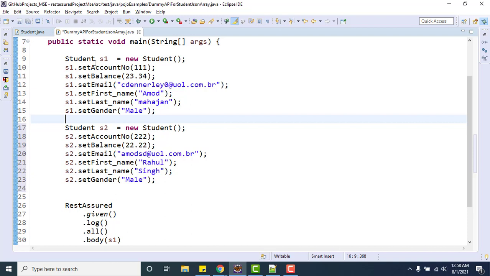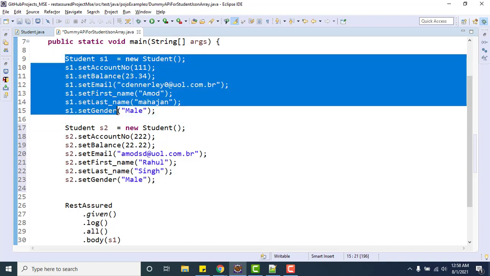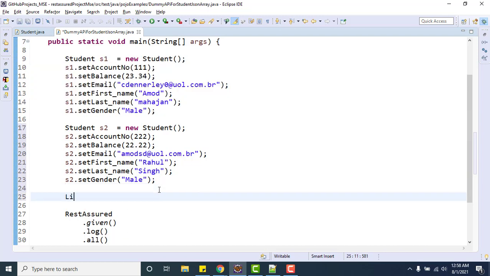Now I need to pass these two objects as a JSON array. So what I need to do here is create a list, a list of student type.